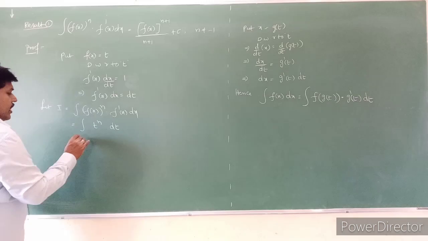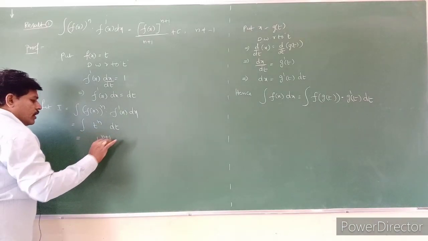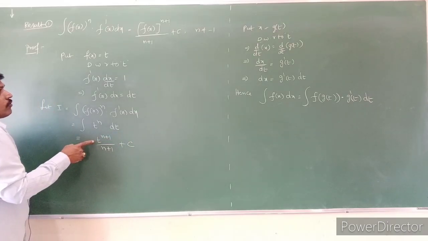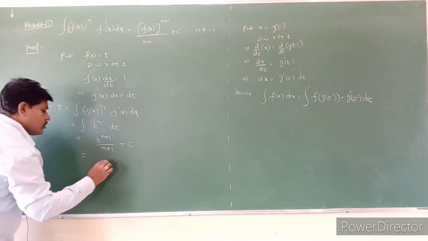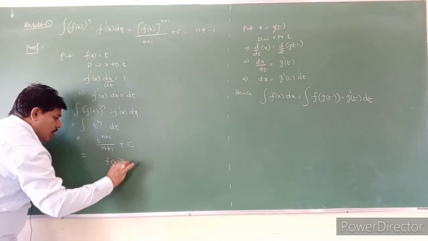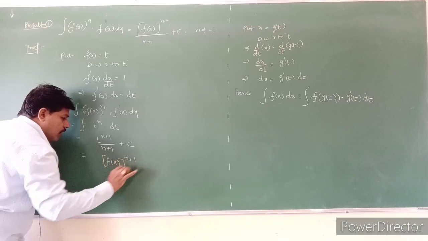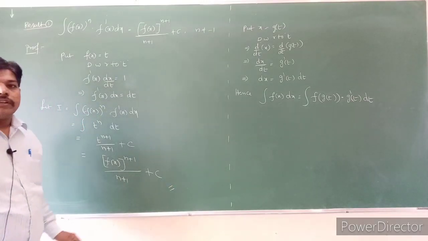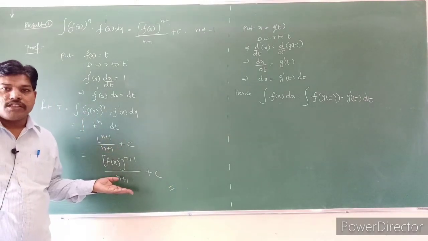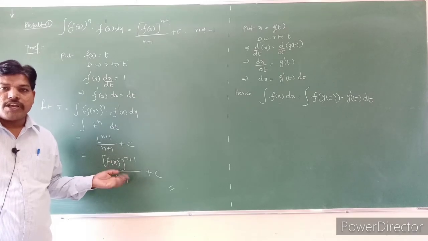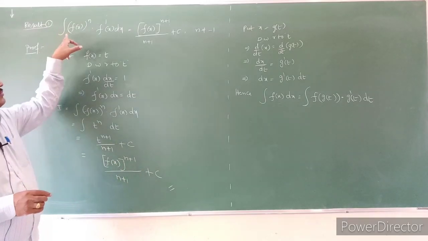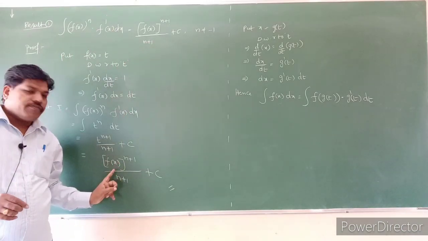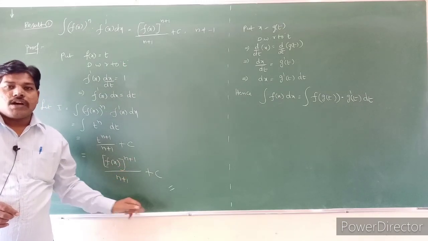So here, students, that is equal to t power n plus 1 by n plus 1 plus c. So what is the t value? You have to replace it with the original function, that is f of x. So automatically the problem converts into the form of f of x whole power n plus 1 by n plus 1 plus c. Understood that? This is an important formula in the objectives, so we will use it in problems also. Integral of f of x whole power n into f dash of x dx is equal to f of x whole power n plus 1 by n plus 1 plus c.